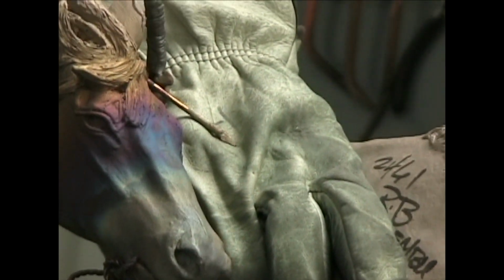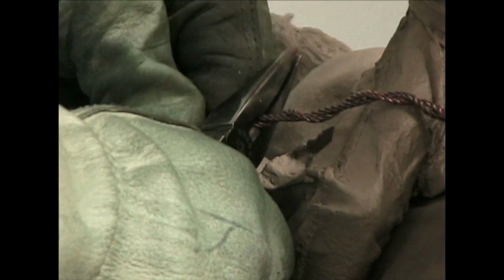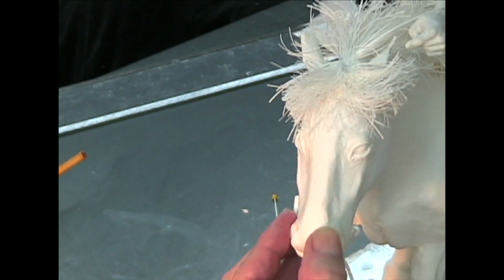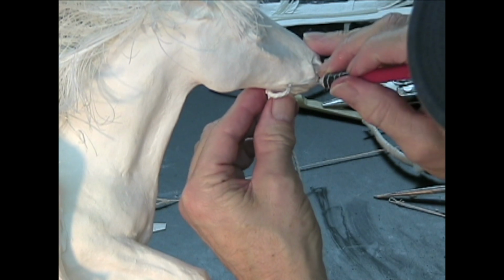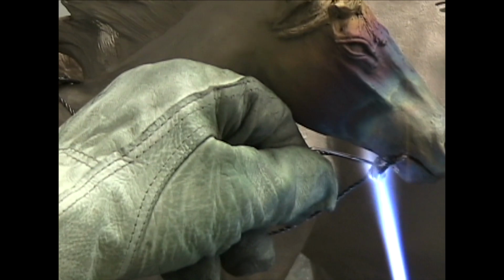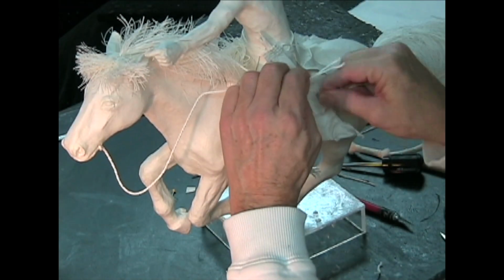I wet it. They use heat and a pair of needle nose to twist that wire. I do it in paper, they do it in metal. I put those reins in the holes. I push it in, and now he's got a war bridle, reins in his mouth, and tighten it up. And tighten it up with heat, and I twist it, do the same thing,